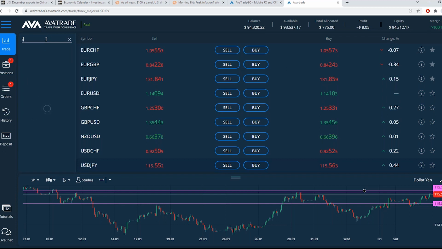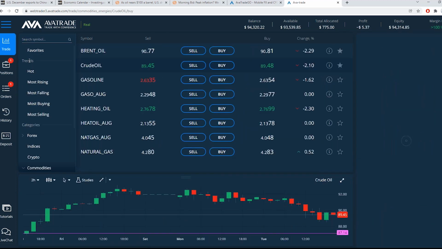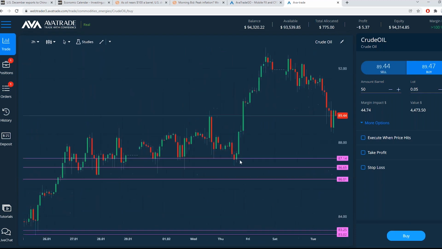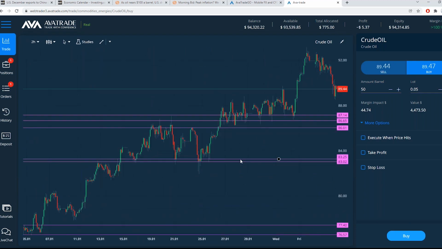So let's look at crude oil. I think it's interesting because it's at such highs lately compared to where it had been for so long. So we're looking here and we see a sure sign that the bullishness of crude oil is still there. Look at this run up on the 2-hour candles, but it certainly met some resistance and came crashing down. So we have to understand, why did it drop from this price?